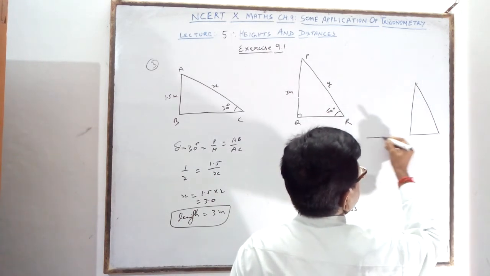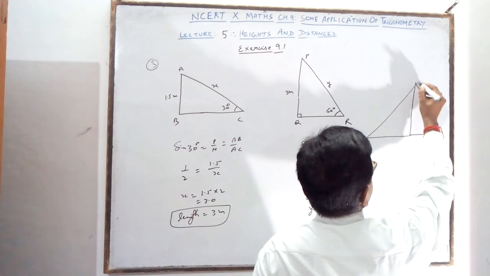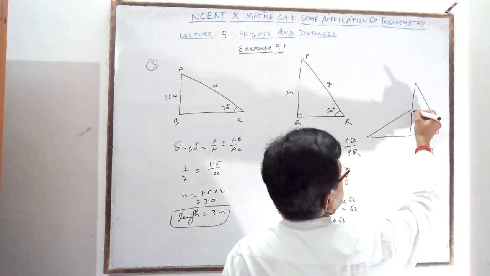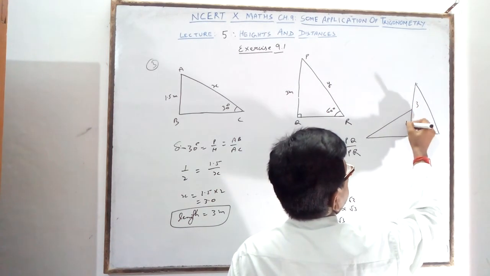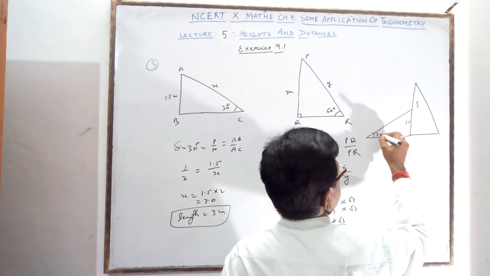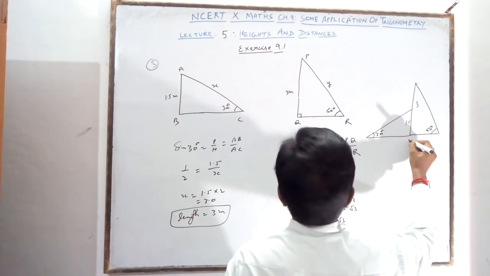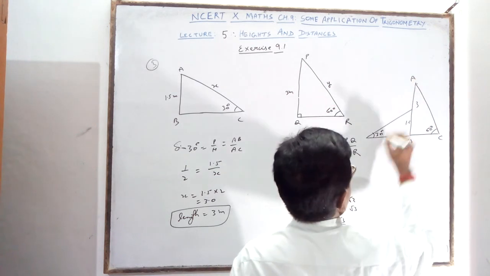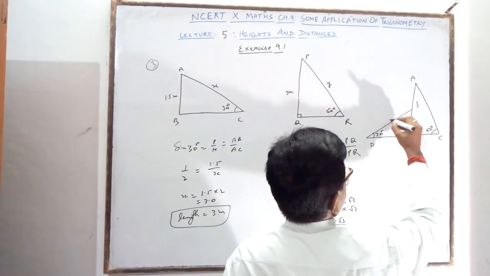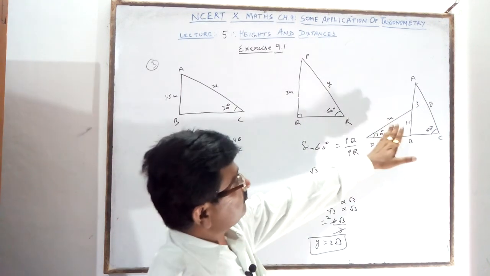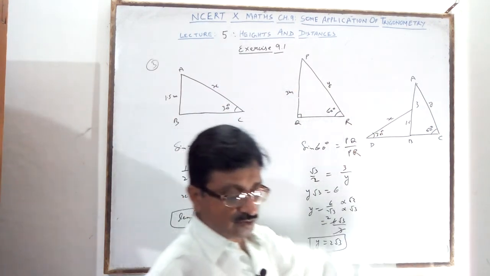In this case, one slide is this, here one slide, and 1.5 meter. It is 3 meter and it is 1.5 meter. Here 30 degree, here 60 degree. Here are B, C, A, D. So it will be the x and it will be the y. The answer will be the same. This figure or the separate figures, any one you can choose.